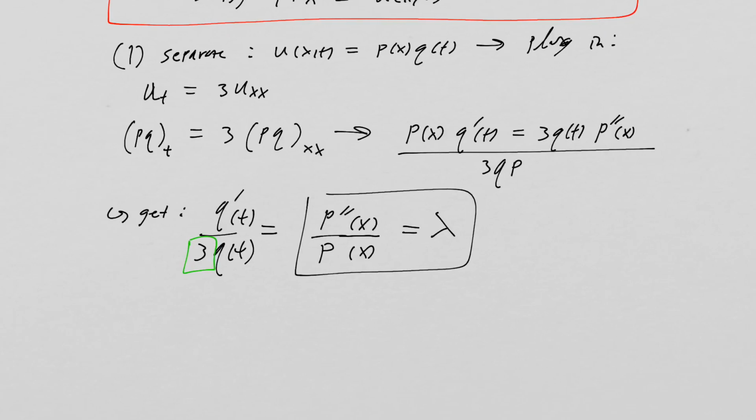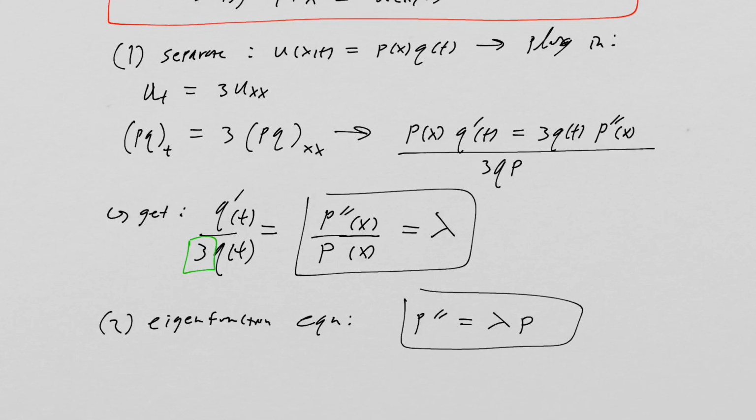All right, so the next phase of the problem, of course, is going to be the eigenfunctions. So that's going to be p double prime is equal to lambda p. We're going to go to the next page for that. P double prime is equal to lambda p. But the boundary conditions are spatial, so they go with the spatial function. It's going to be p prime of 0 is equal to p prime of 5 is equal to 0. And these are those no flux